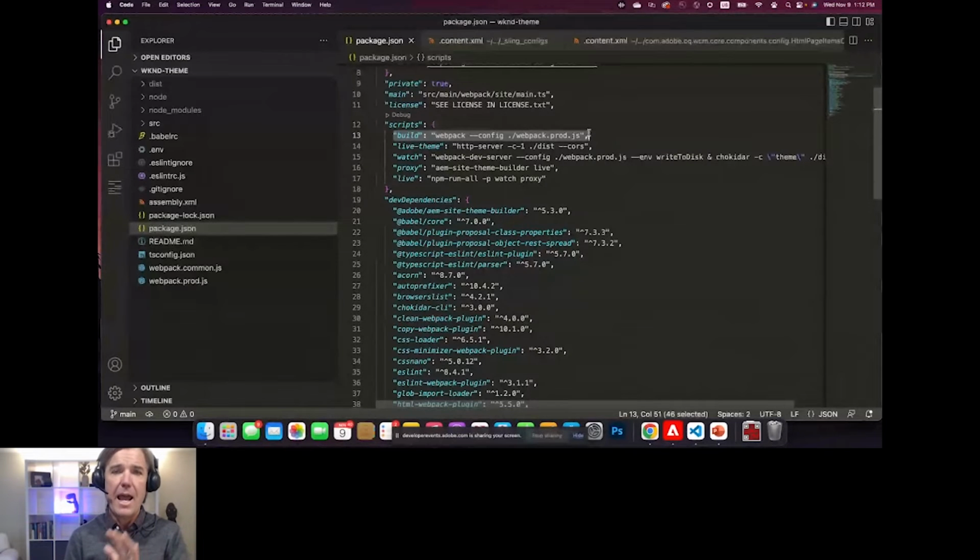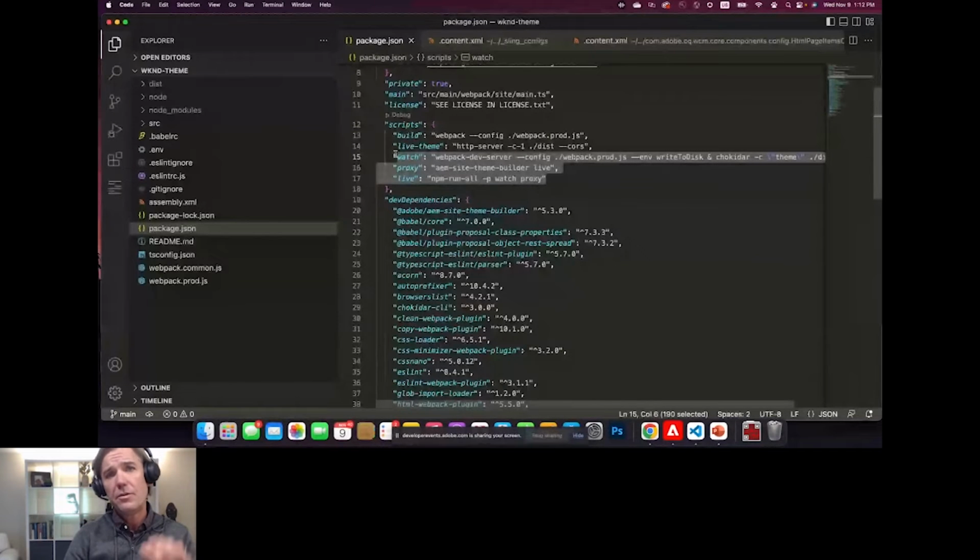And so we need to add that in. The other thing that I've added in is the live theme. So this is fundamentally the emulation of that front end pipeline that I was talking about. These other elements here, if you're familiar with QuickSite creation template, front end developers can proxy AEM. So they can grab AEM content, they can make theme changes, and Browser Sync will update that on save.